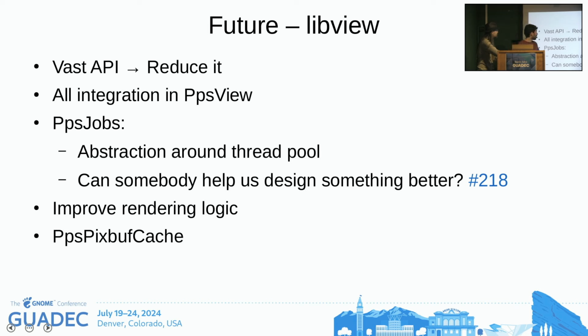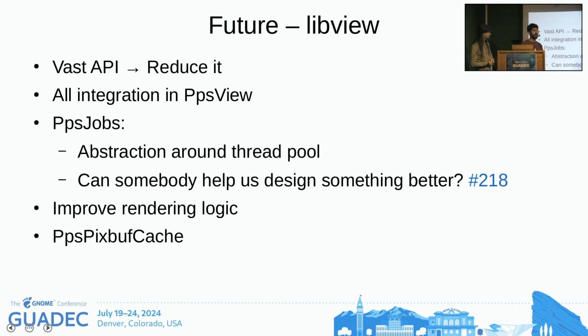On libview, we have a similar situation. We have a very vast public API that nobody uses, and we want to reduce it. We have had a couple of different issues. As Markus said, there had to be a lot of work done in the backend. We had this widget, which was 10,000 lines of code, and did the whole integration by itself. We've reduced it by something like 20%, but there's still lots of work to be done. And then we have to rework the way things work in the background.